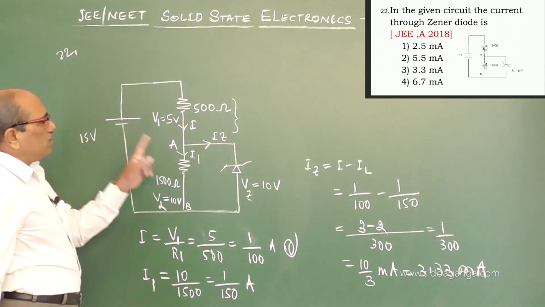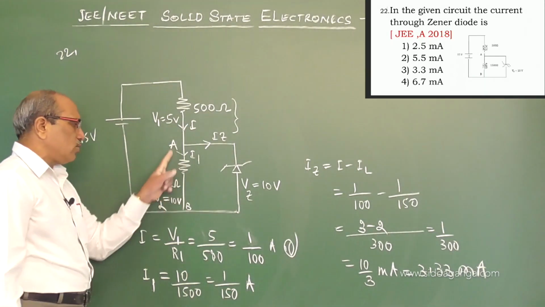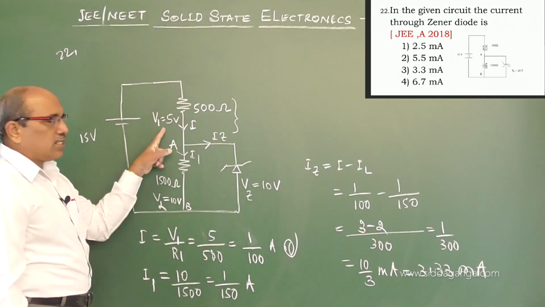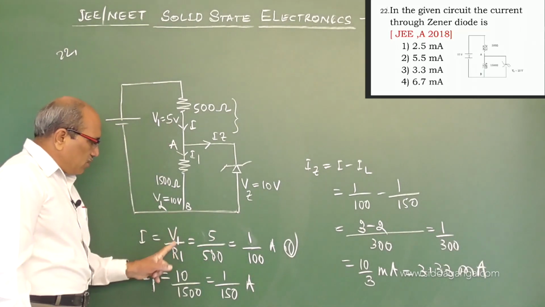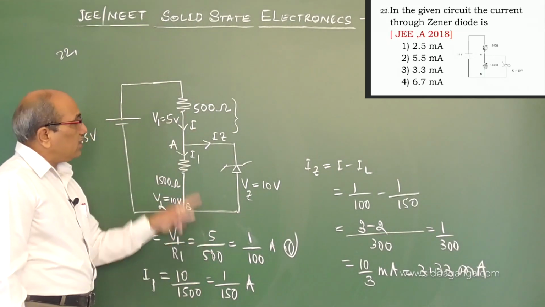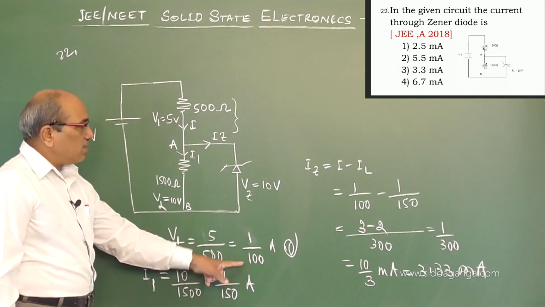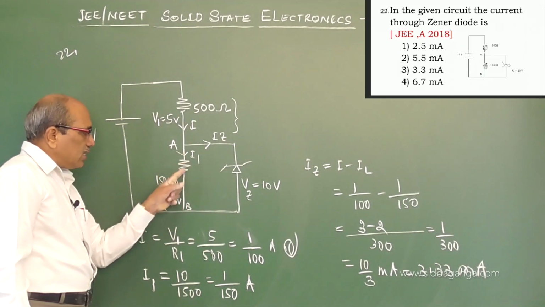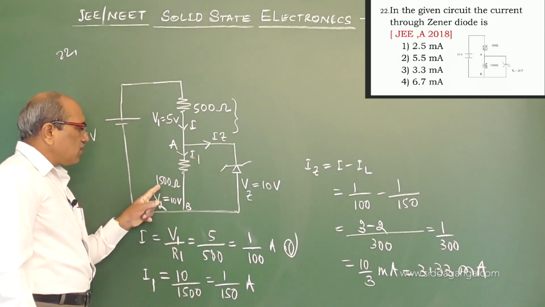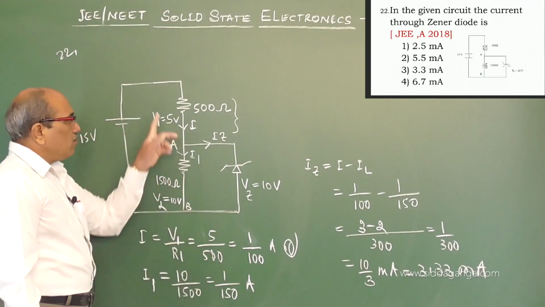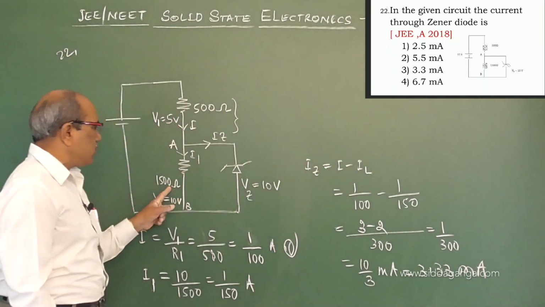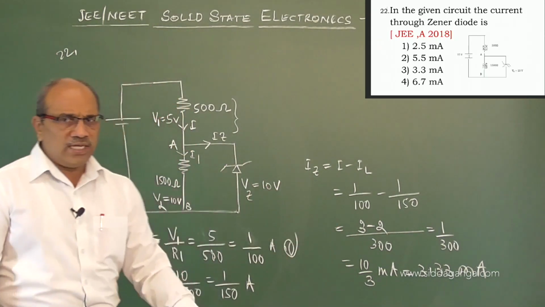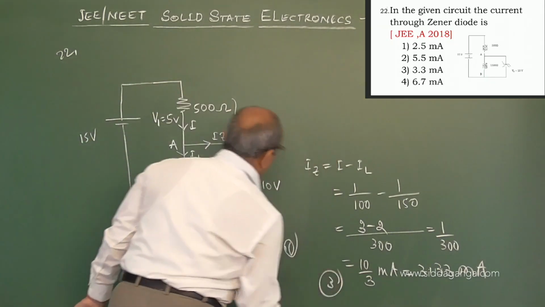So I think you have understood here. This is the voltage given here, which comes to be 10 across AB. Out of the total voltage, the remaining voltage appears as 5. This 5 by resistance gives you the current through the limiting resistor; 1 by 100 is the main current. And here, as you know the voltage and resistance, you can get the current through the resistor of 1500 ohm, that is 1 by 150. Main current minus the current across this gives you the Zener current. That is estimated to be 3.3 milliamps. Option number 3 is the right one.